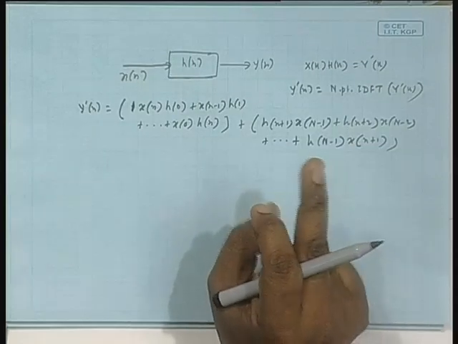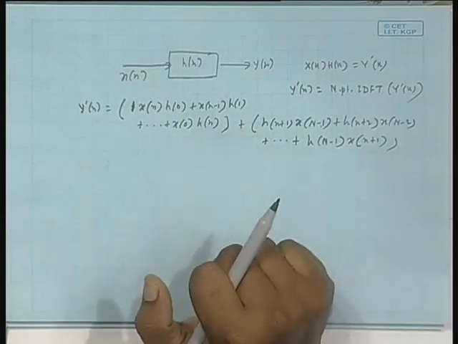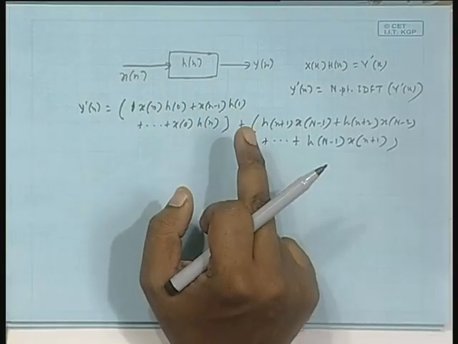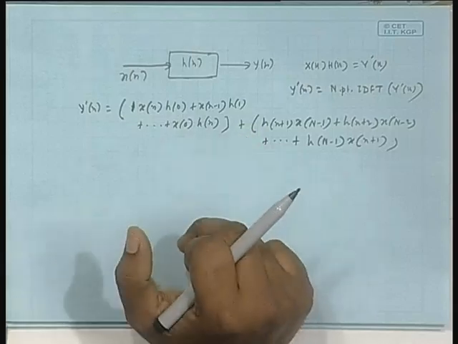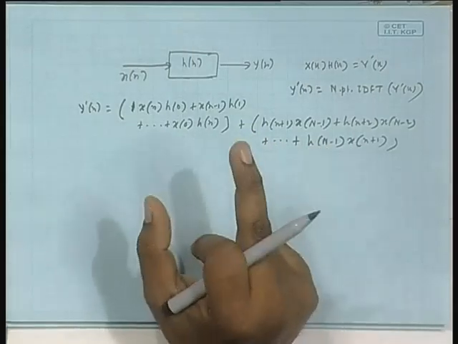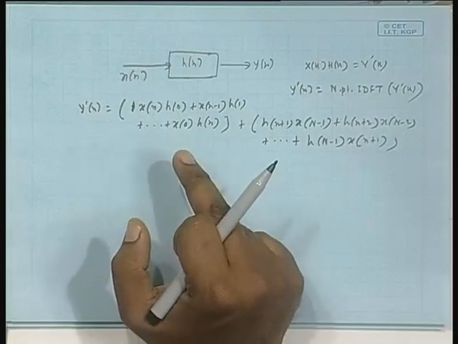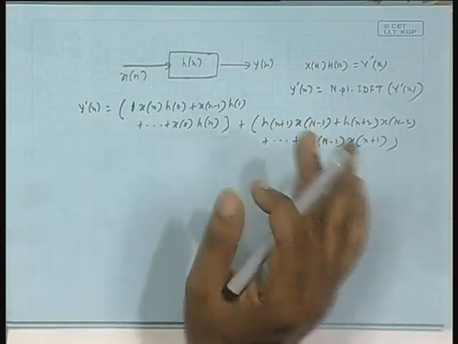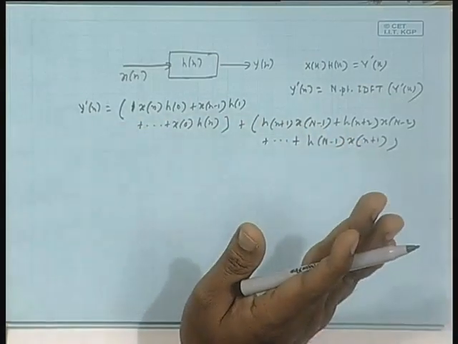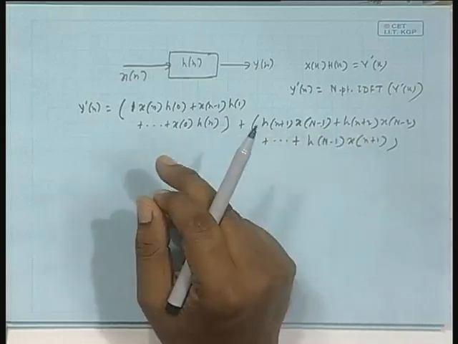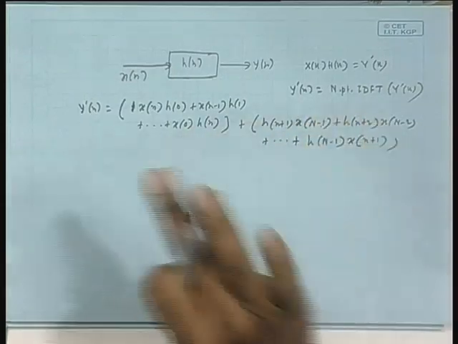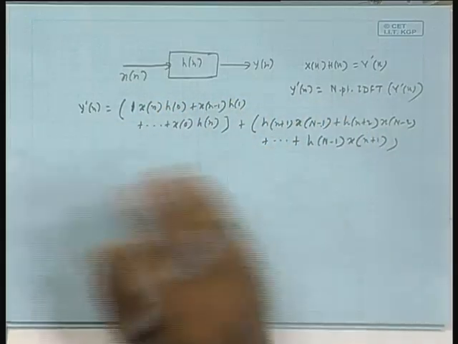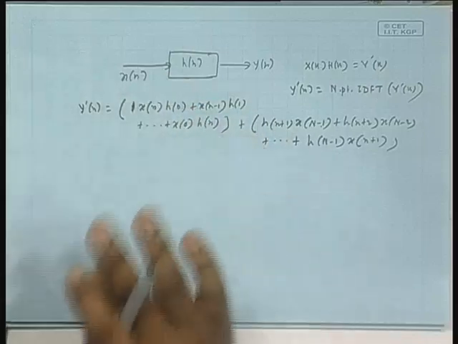Now, I will show you a graphical way of evaluating it. I think that is where I stopped last time. I will just dictate the steps. Out of the two sequences x n and h n, both of the same length, you hold one of them as it is and make a periodic version of the other one. That means whatever you have in one period of length capital N, go on repeating it to the left and right, so it becomes an infinitely long sequence. After that, the next two steps are common with linear convolution. You reverse the entire infinite sequence. Mind you, after reversal also it remains periodic. A periodic sequence, when you time reverse it, still remains periodic.